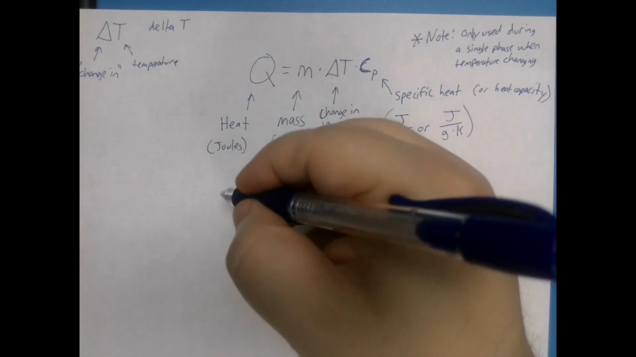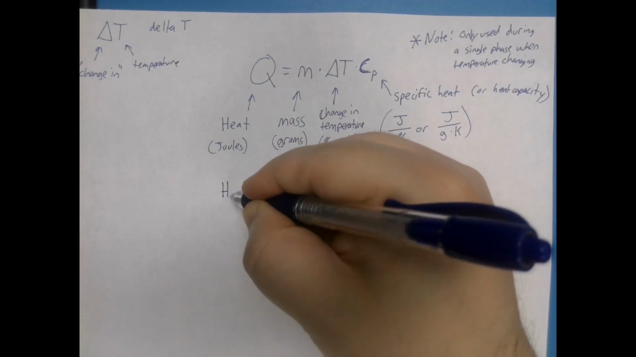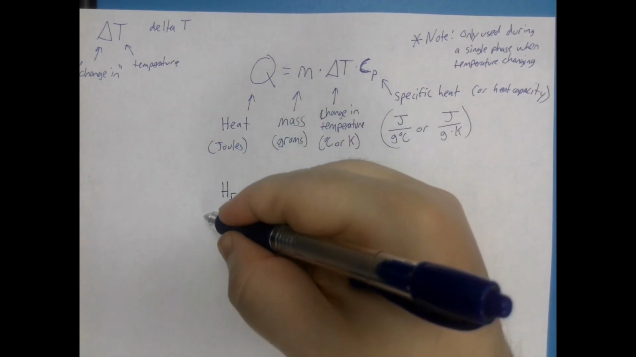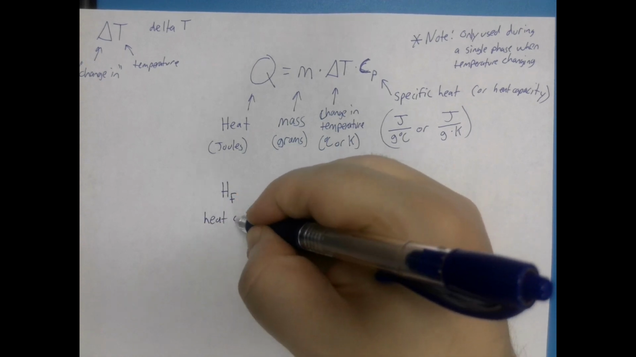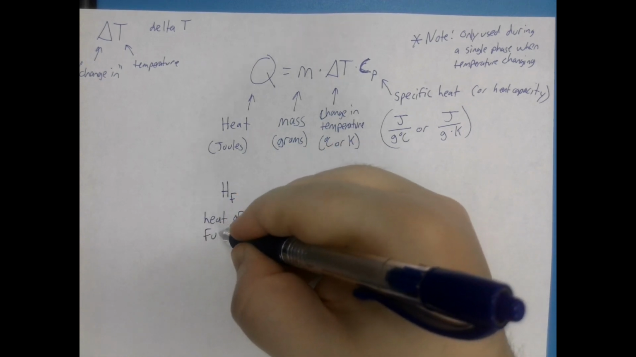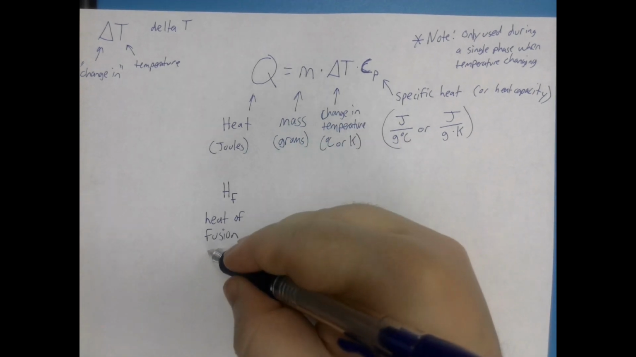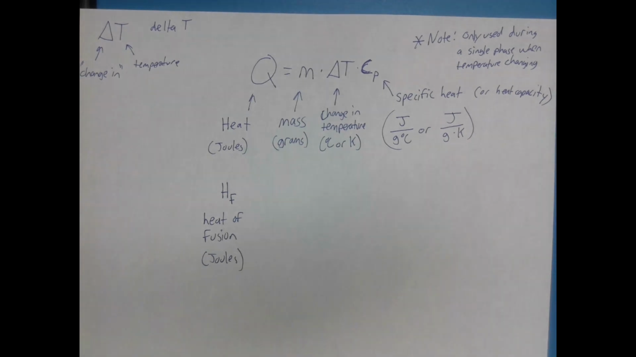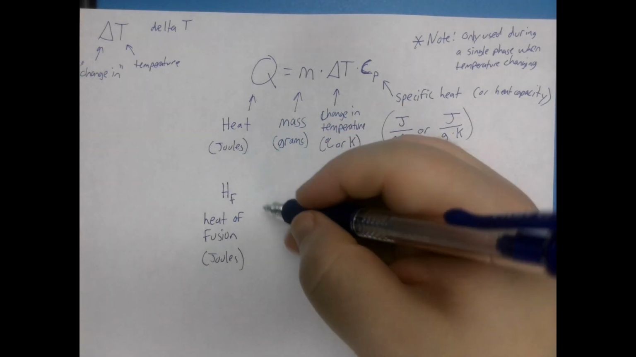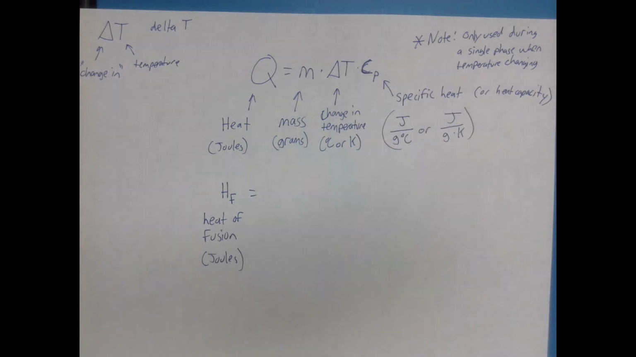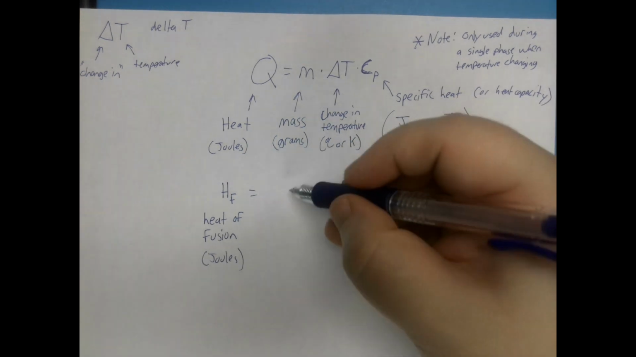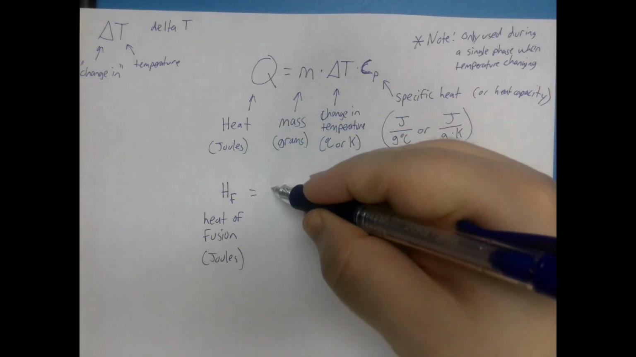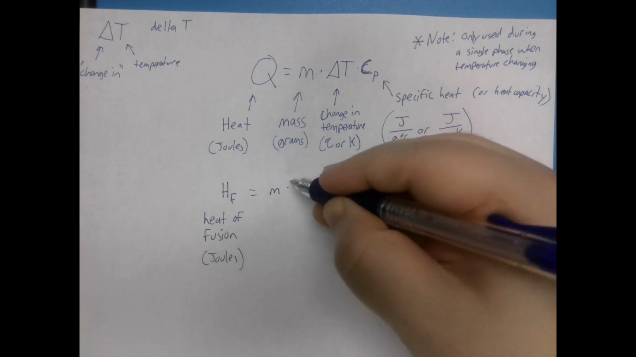We also have heat diffusion. Again, it's a heat, so it's measured in joules. Sometimes I might use QF to keep it consistent with the Q up there, because for normal heat, they use a Q. This is just mass times